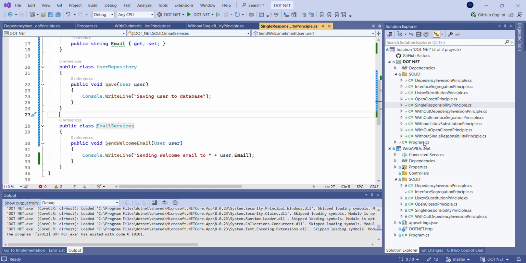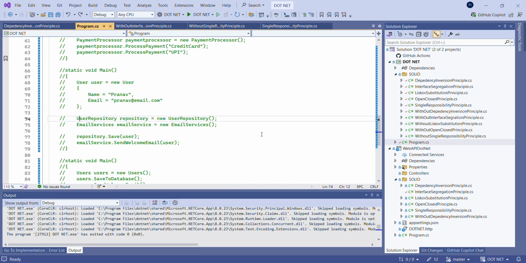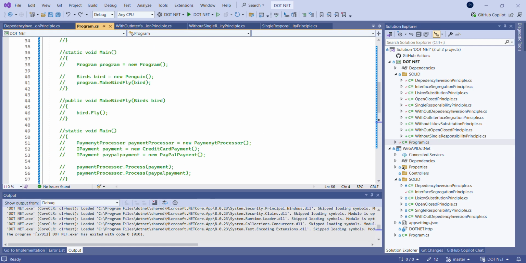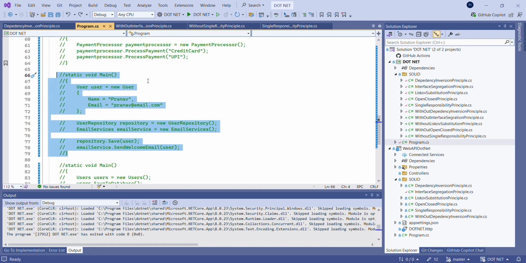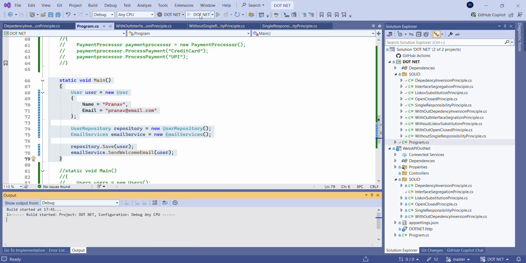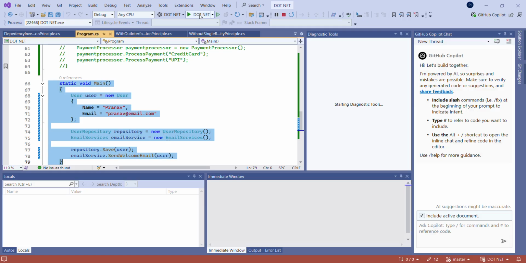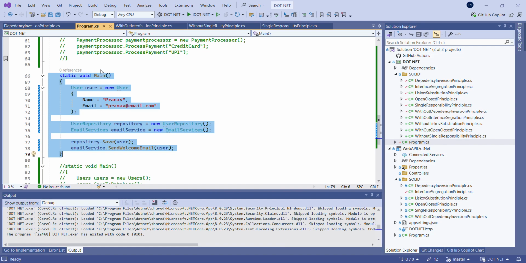Let me quickly execute the single responsibility principle. So here is the code. So same, saving users to the database and sending a welcome email to the